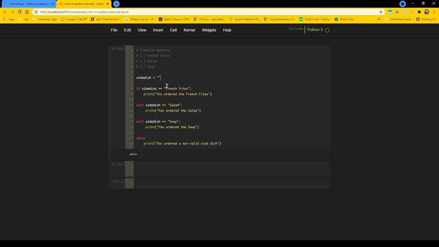So here we can see that we're just going to go ahead and check to see what the side dish is. So if I write in French fries, then when I run this code, we're going to say you ordered the French fries. If I change this to be the salad, then you ordered the salad. Lastly, if I do soup, run it, you ordered the soup. But maybe I'm going to be a little mischievous and say I ordered